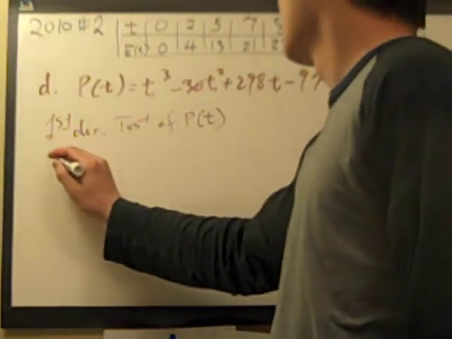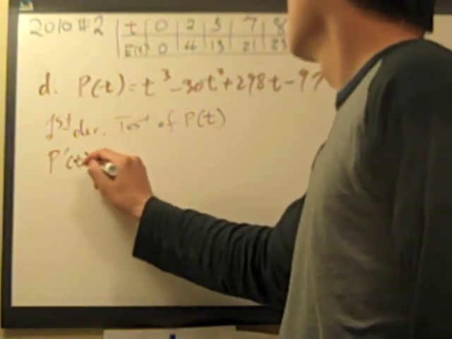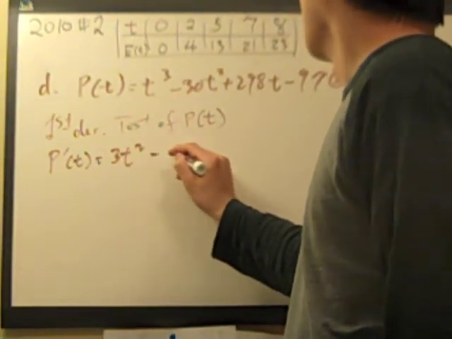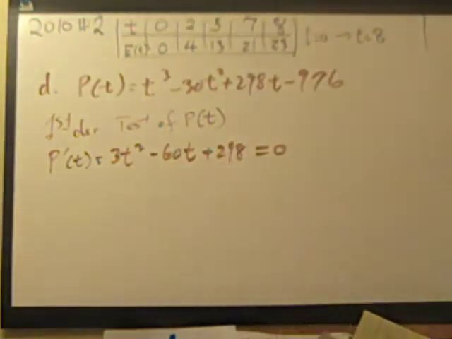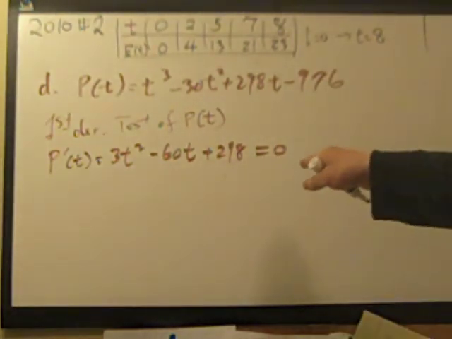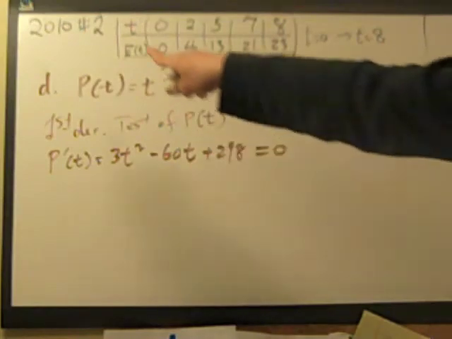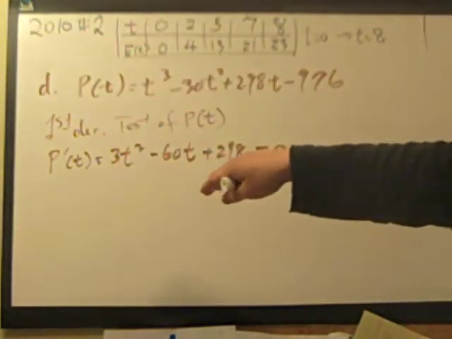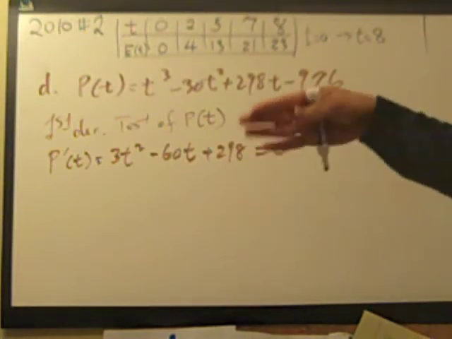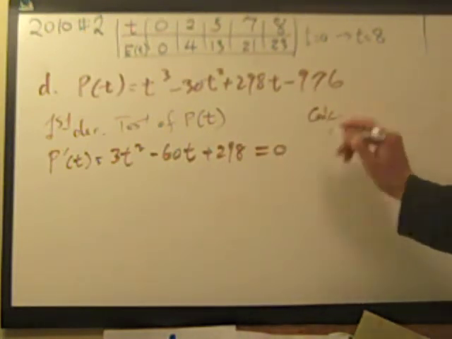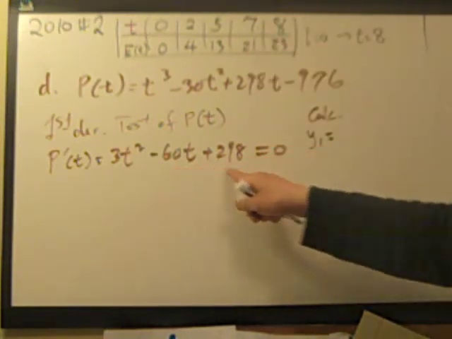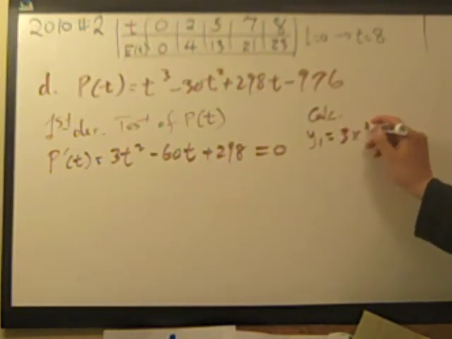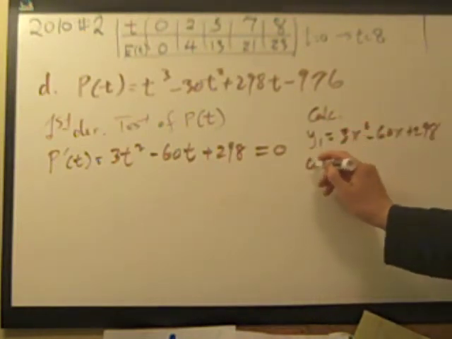So we can go ahead and take the first derivative, P prime of T gives you 3T squared minus 60T plus 298, and you set it equal to 0. Now this is the algebra problem, but it's in problem number 2, so you don't have to solve this by hand. You can use your calculator. Clear the previous entry in your y1 and put in 3x squared minus 60x plus 298, graph it,